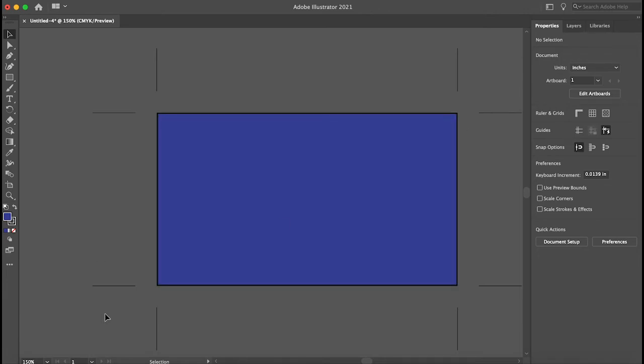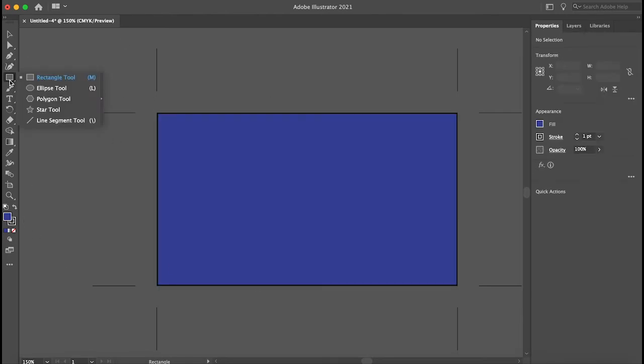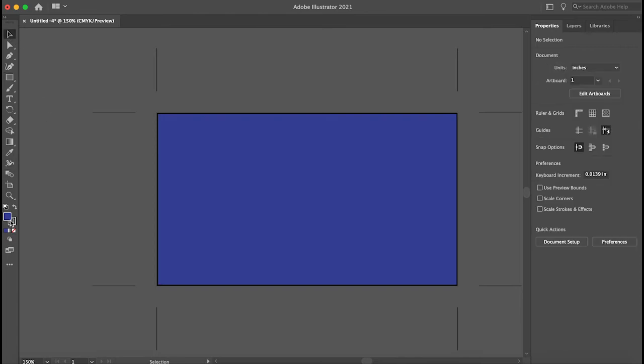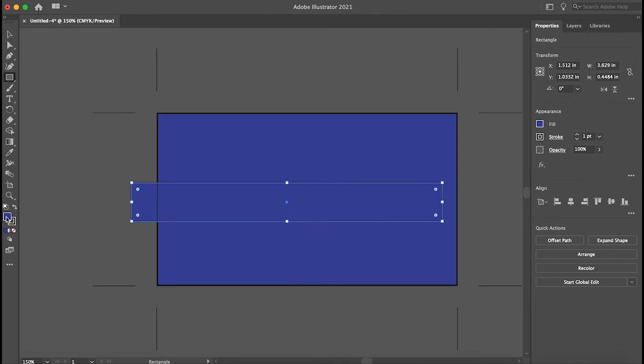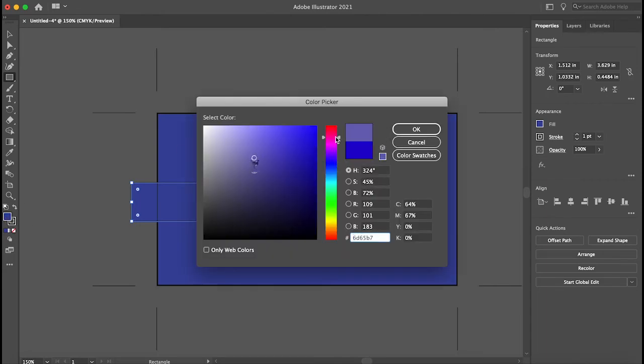So the easy thing to do, especially if it is a case where you already have artwork that is created and everything, you can simply put a square or rectangle, whatever it is, and throw that in the background of everything that you've already created, and use that to be the guide for the crop marks. So past that, I can always add additional artwork to whatever it is that I want to do. I can add,